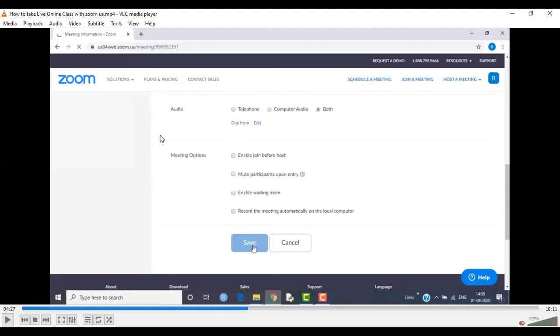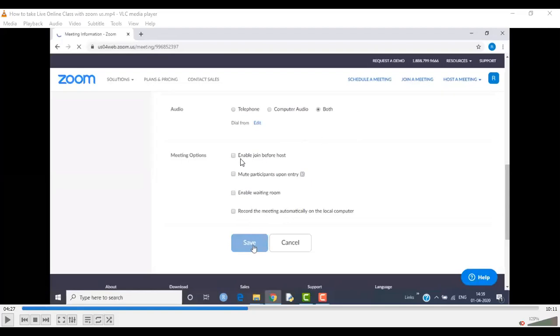Okay. Jenny, can you please repeat that enable waiting room thing? Should we do it on or should we let it off? Do not put a tick mark on enable waiting room. If you put a tick mark, you will have to keep checking all the people who are waiting for entry to be admitted. So that means you are disabling it, right? Yes, that means we are disabling the waiting room so that a student can immediately join.